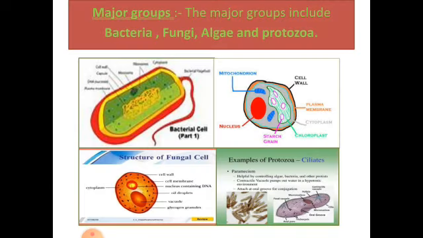Microorganisms are broadly classified into four major groups. Number one is the bacteria. As you can see in the diagram, a bacterial cell. Number two, fungi. A fungal cell is there in the diagram. Algae and protozoa. Simultaneously, you can see the bacterial, fungal, algal, and the protozoal